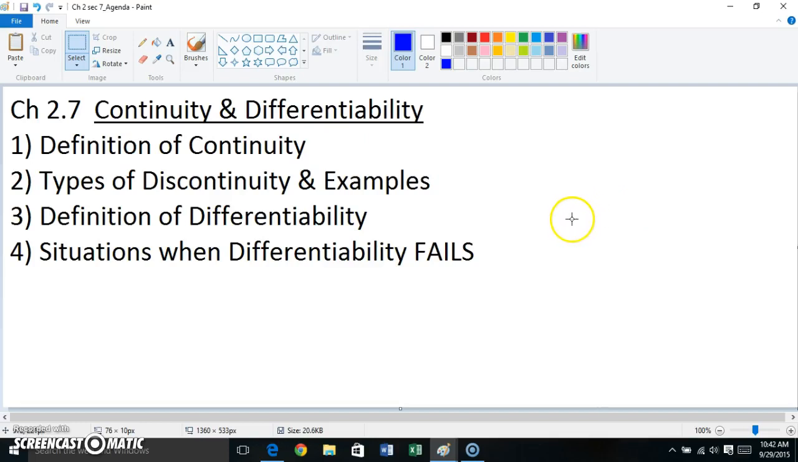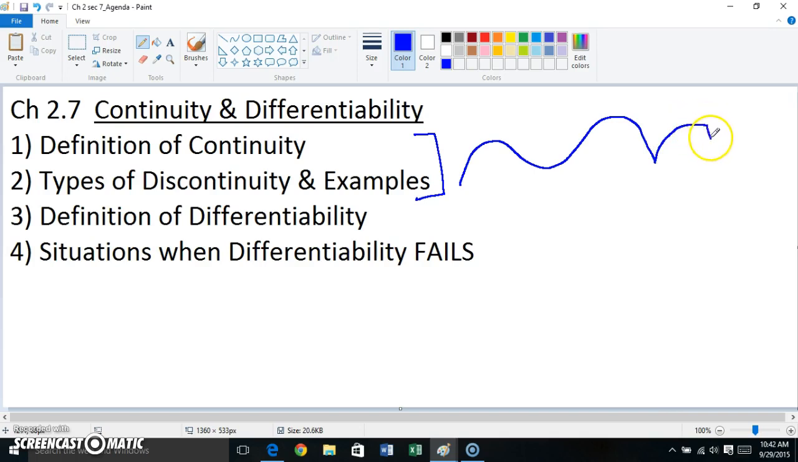Okay, in this first video for section 2.7, we're going to take a look at continuity. The second video will probably take a look at the differentiability. So continuity and discontinuity. Basically, the idea of continuity is that you could trace with your pencil the curve of a graph without ever lifting your pencil